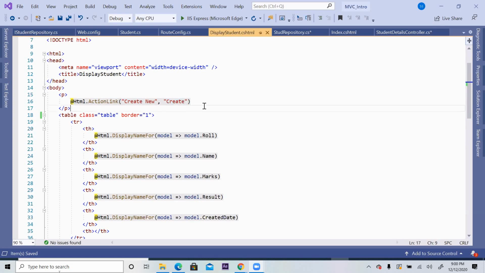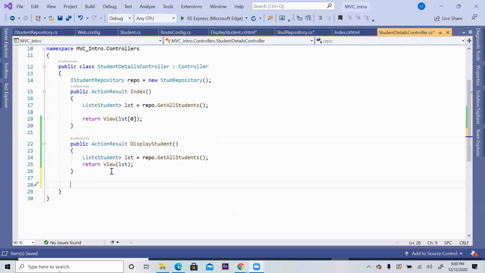So make sure you are writing the name of the function as create. Imagine you want to say save employee, save student. Then here also you have to write save student like that. Or insert student, whatever. So if you need insert student, then here also you must write insert student. Since in CRUD operation we say C for create, that's why usually they give create. So any function name you can give here, but that function name you have to define here in the controller.